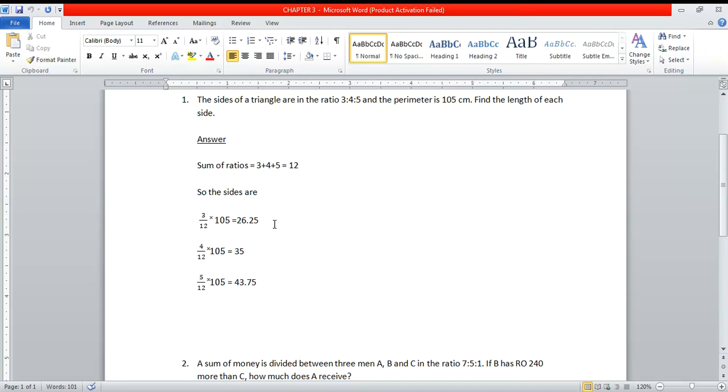So the sides are, the ratio of the first side is 3, the ratio of the second side is 4, and the ratio of the third side is 5. The simple idea behind this solution is that perimeter equals the sum of sides, so if we divide the total perimeter into 12 equal parts,